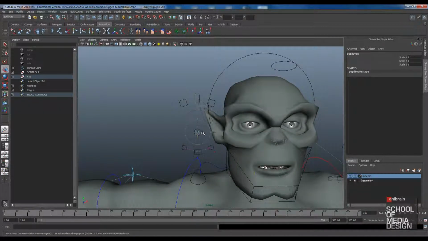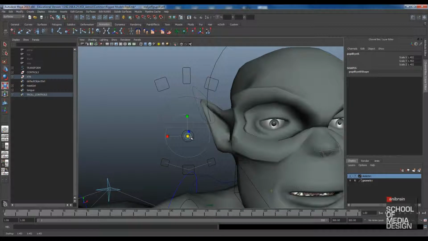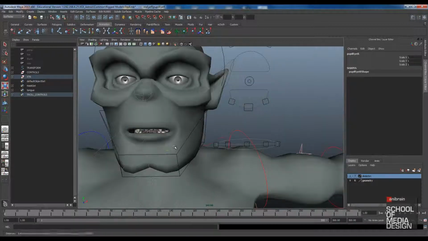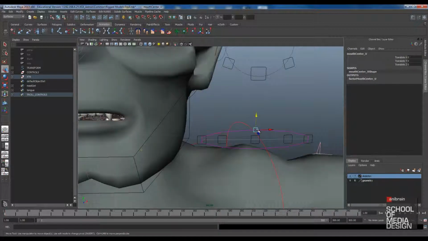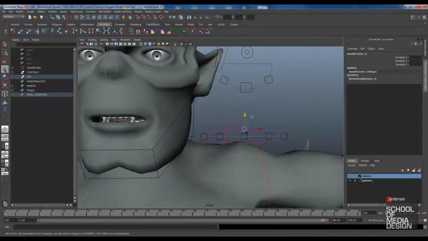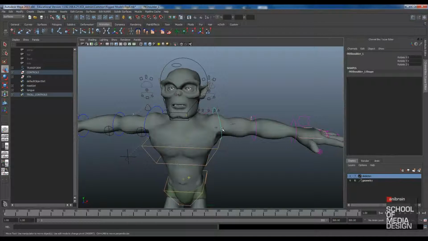Here you can see that you can control the eye part, you can scale the eyes, and same thing here. This controller can be used for lip movement of both the lips, and the circular controller which is visible here can be used for upper lip movement. In this way you can control the facial expression.